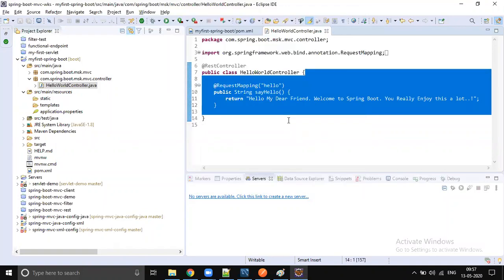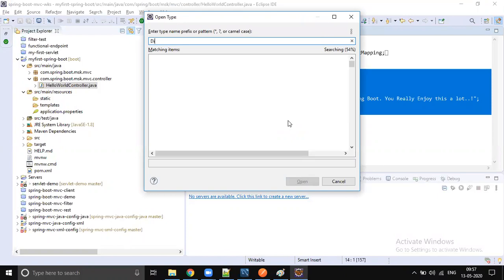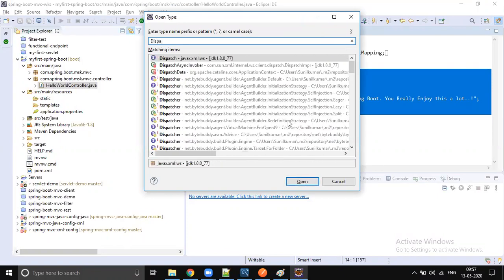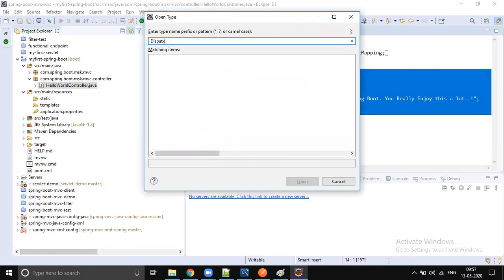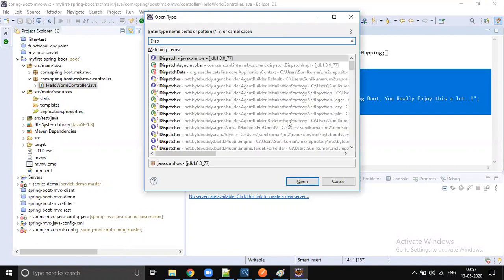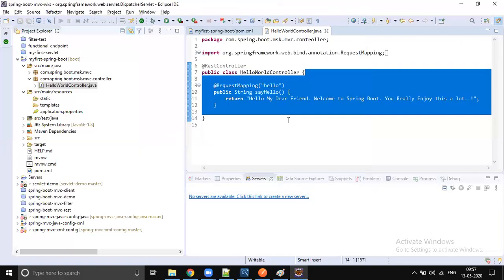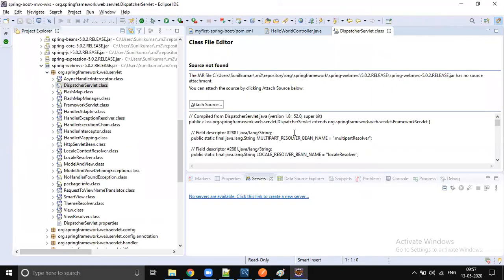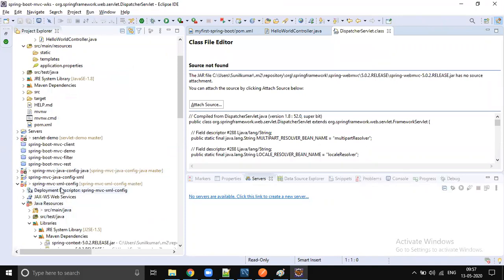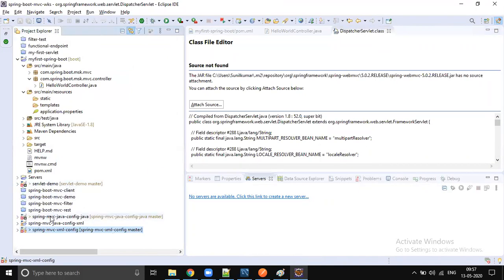Let's press Control Shift T and search for dispatcher. It's loading from this MVC.